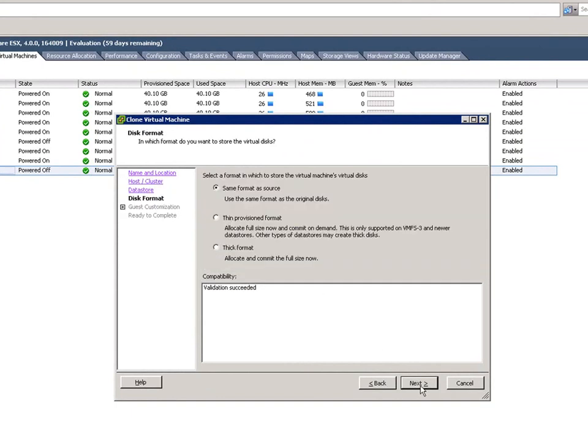Now while you're cloning it, and this is really important to note here, you have the ability to select what you want to do with the virtual disk. You can treat the virtual disk the same format as the source disk. So if the source disk was being thin provisioned, for example, then this maintains it. Or if you want to change the format of the virtual disk while you're cloning it, this would be the time to do it. You can select thin provisioning, or you can obviously select